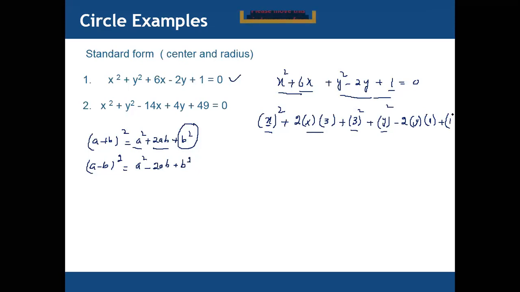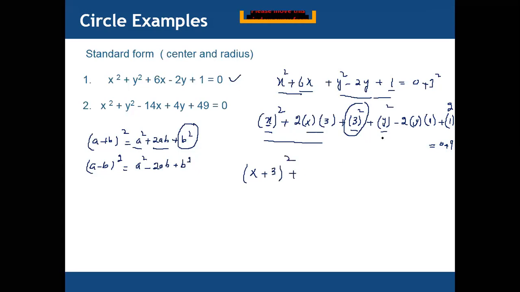So if we write 1 here in the form of 1 square, because 1 square equals 1, this equals 0. But actually we added 3 square on this side. So anything we add or subtract on one side, we must do the same on the other side. So we have 0 here, we will add 3 square on the other side. So now we have 3 square, or 9, on the other side. Now this is the complete formula, and the formula is a plus b whole square, where a is x and b is 3. So x plus 3 whole square.